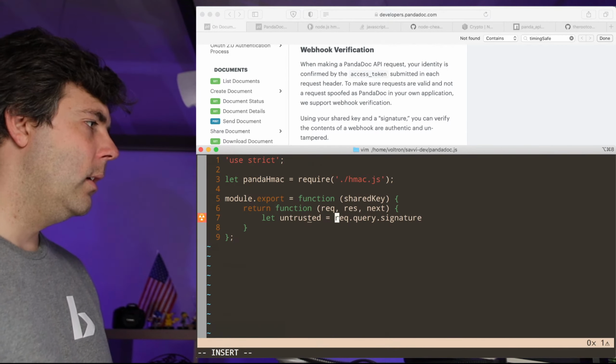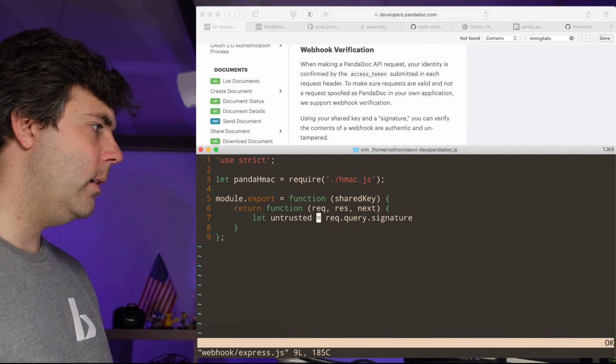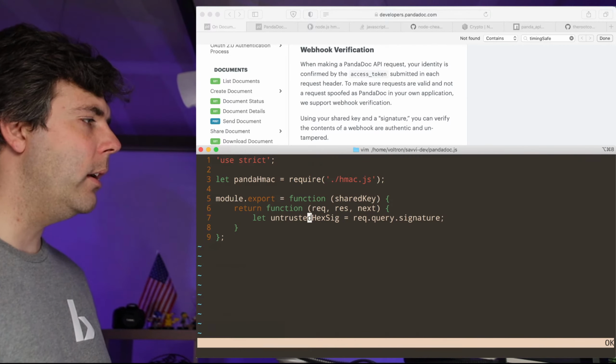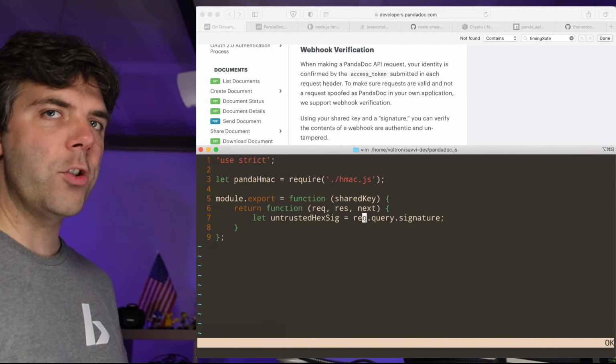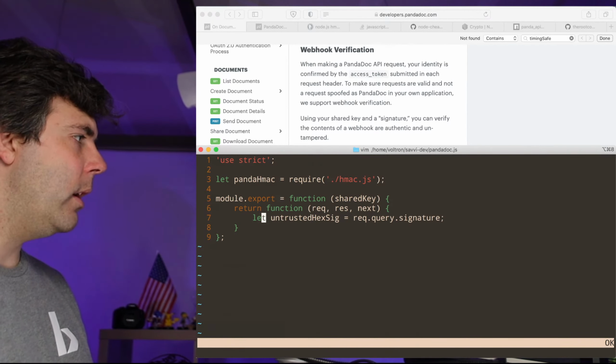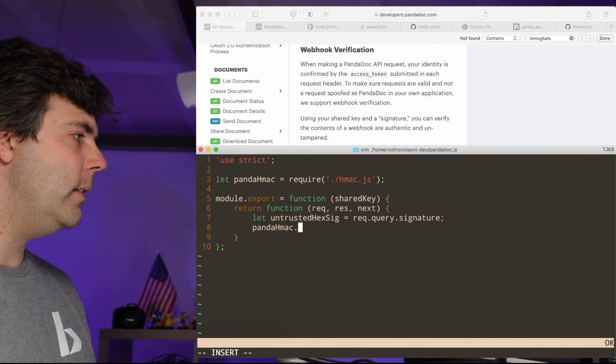Okay, so untrusted. Yeah, actually, I like untrusted hex sig. That's a little bit explicit, but I want it to be really clear to the reader. This is the thing that we do not trust. And then what are we going to do? We're going to take panda hmac dot,